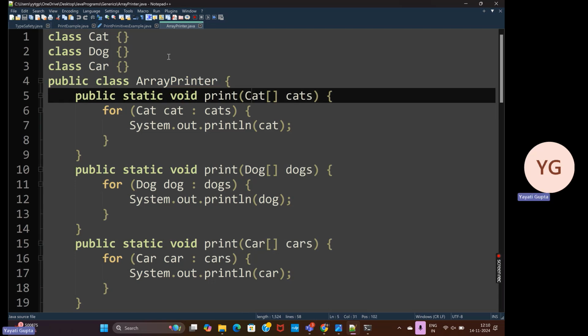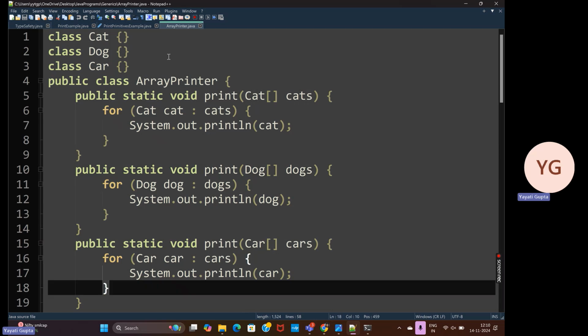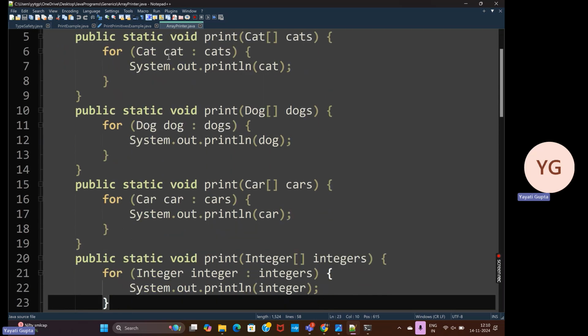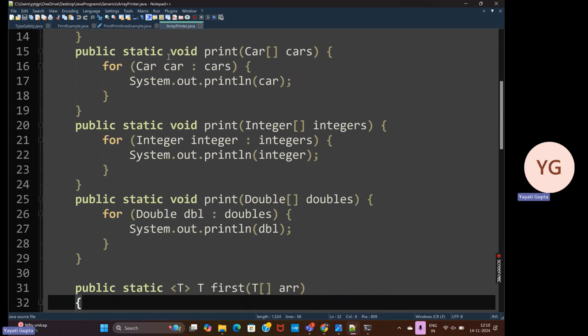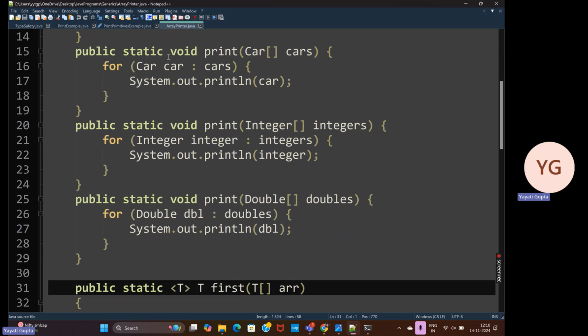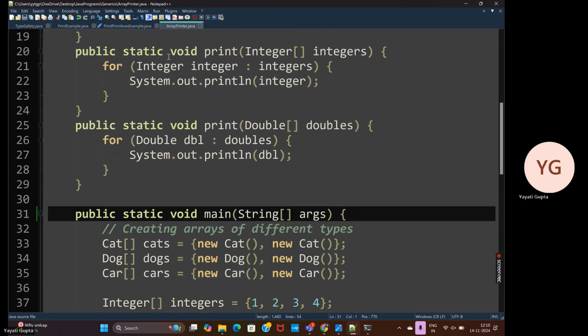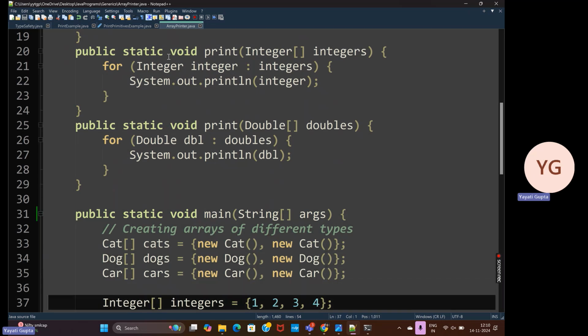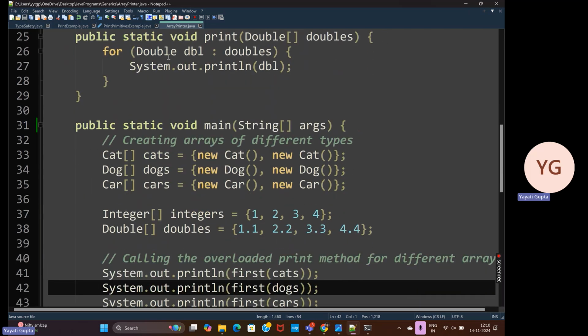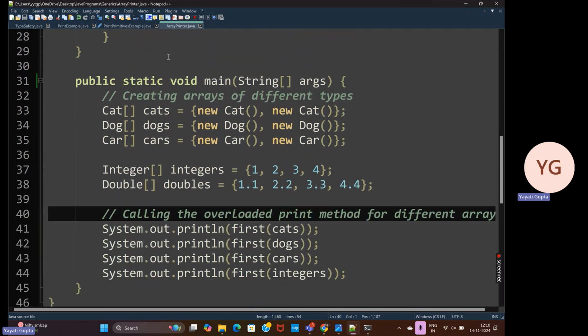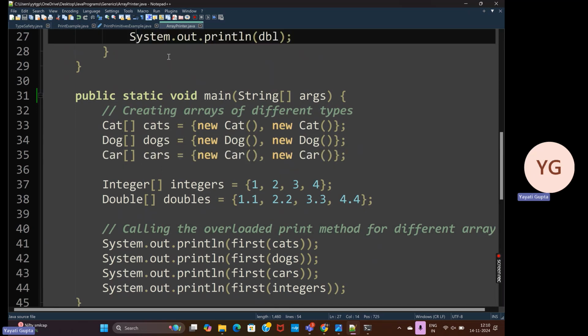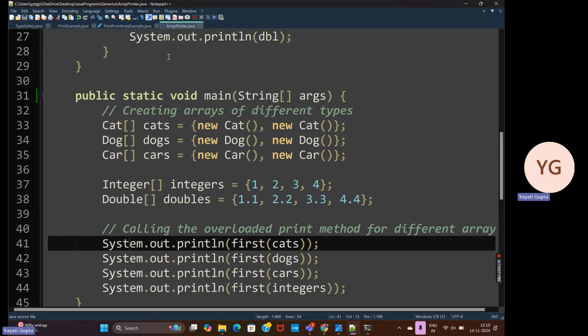So you have a print function for cat array, a print function for dog array, a print function for a car array, for integer array, for double array. There are 5 functions. And this is your main, wherein you make arrays for your cats, dogs, cars, integers, and doubles. My bad, I just changed this code. And what you are doing here is,